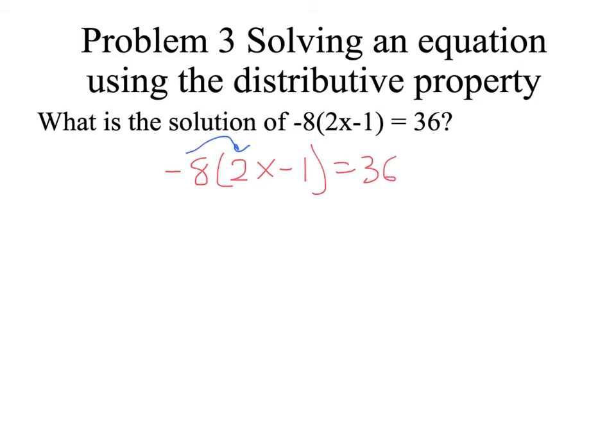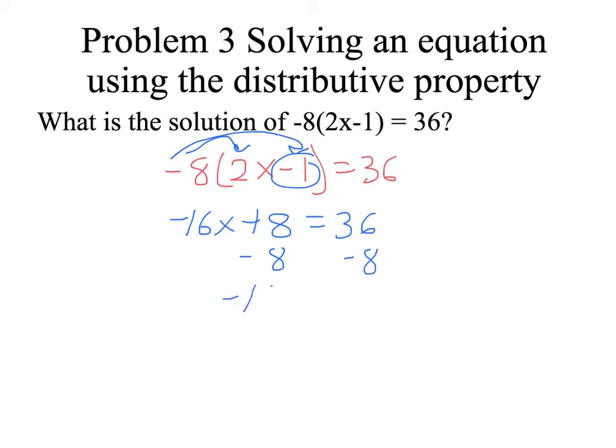So negative 8 times negative 2x is negative 16x. Negative 8 times negative 1 is 8, so I'm going to write plus 8 equals 36. And then this is a two-step equation, so subtract 8 from both sides. We have minus 16x equals